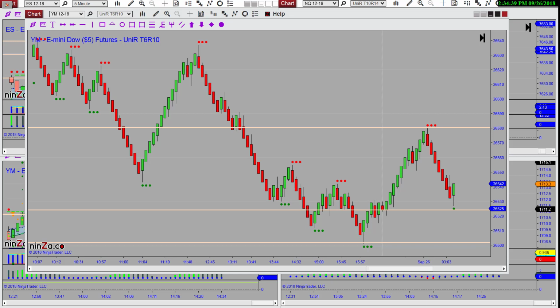I found when I was doing the research on it that a lot of the indicators that I'm using are not available on TradeStation for free, I'll say readily available. You're going to have to pay through the nose for some of them. Which is why I think a lot of people use NinjaTrader, because there's a lot of indicators out there that have been developed for free or for a very low cost. So I apologize for that.